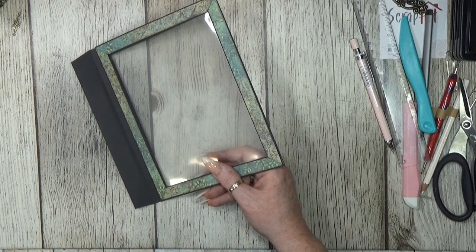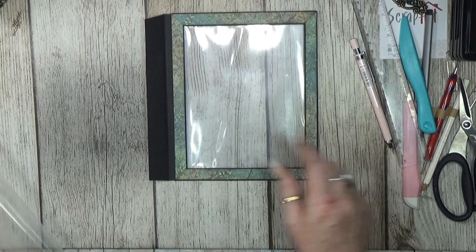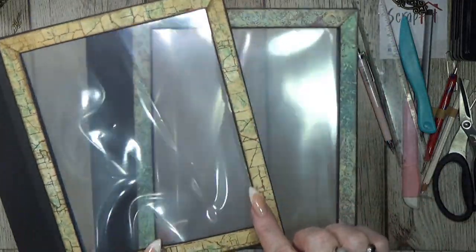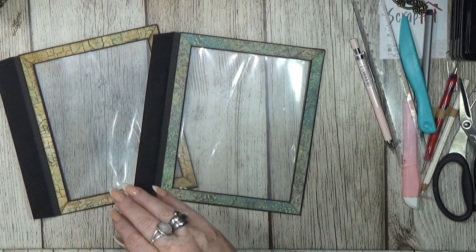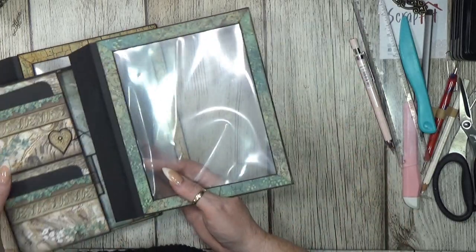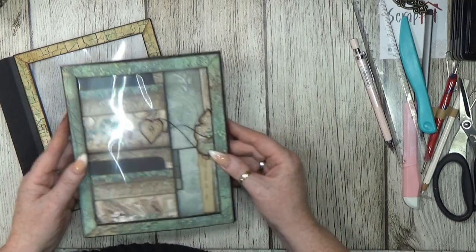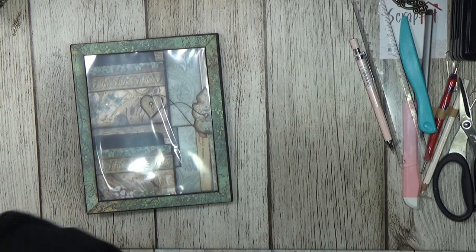Alright, so yeah, if you have one document folder, you can make another protection sheet. So yeah, which one do you like? Do you like the coffee dyed paper, or do you like the one with the design paper? That's totally up to you what you like to use. So it looks both beautiful. So you just slide this in and it looks like that. Super cool. And if you have another page,